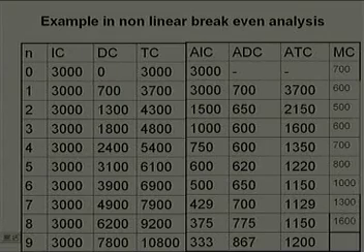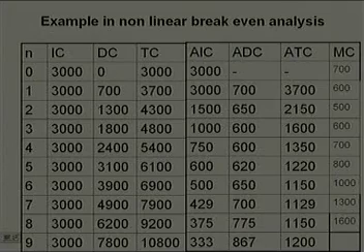Now, I will introduce 3 terms. They are called average indirect cost, average direct cost, and finally average total cost. These values are given in columns 5, 6 and 7. AIC is average indirect cost, ADC is average direct cost, and ATC is average total cost. These are very simple things and it is not difficult to calculate them.